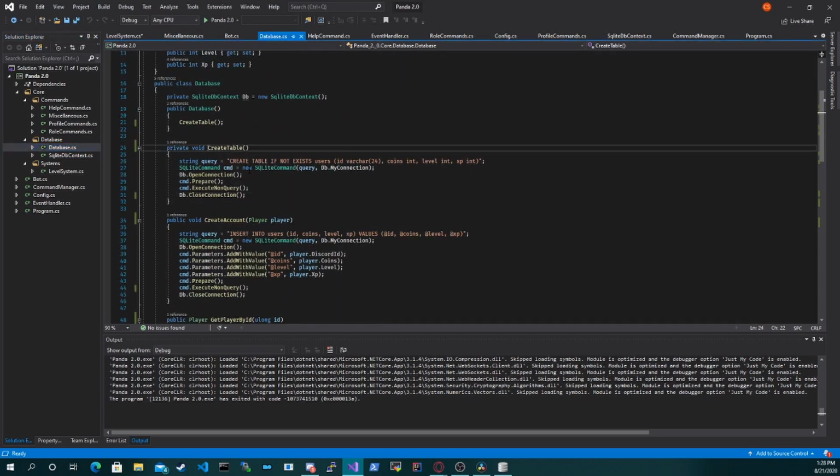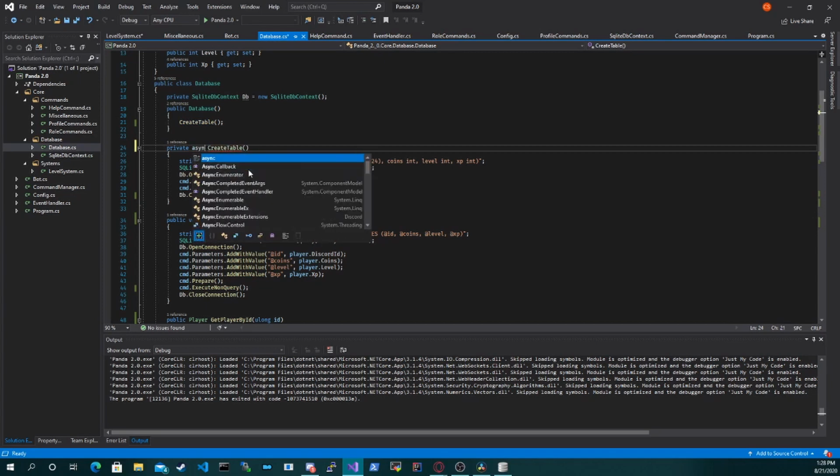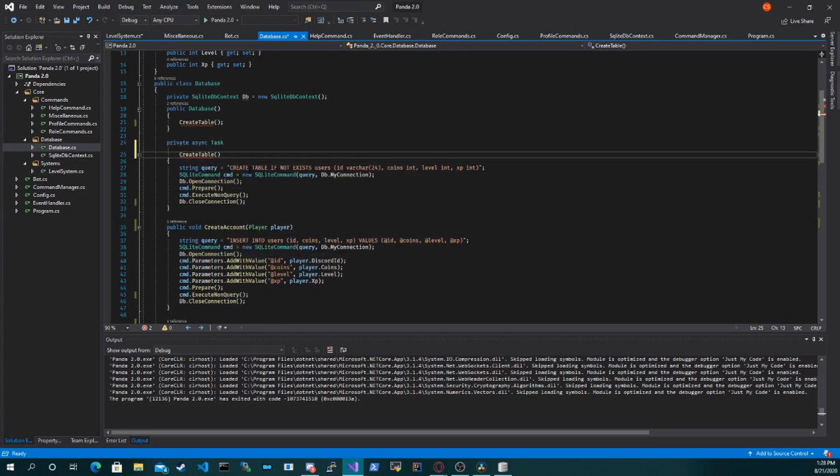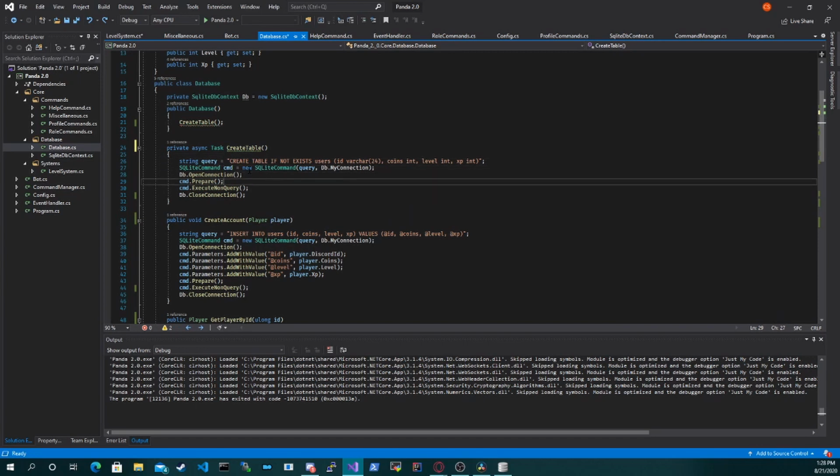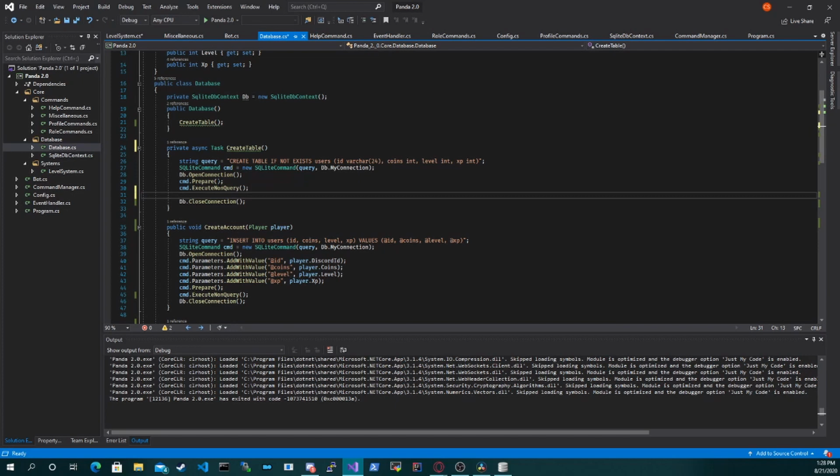So we need to actually change this. We're going to do the create table first. We need this to be an async task here. The reason for this, I'll show you why. So right here, the connection is not closed for the CMD. So what we need to do is the CMD, we need to do await